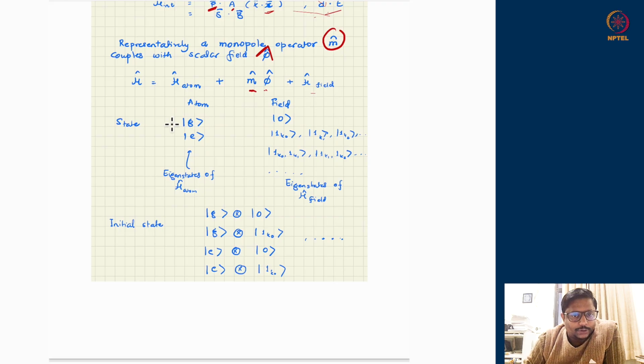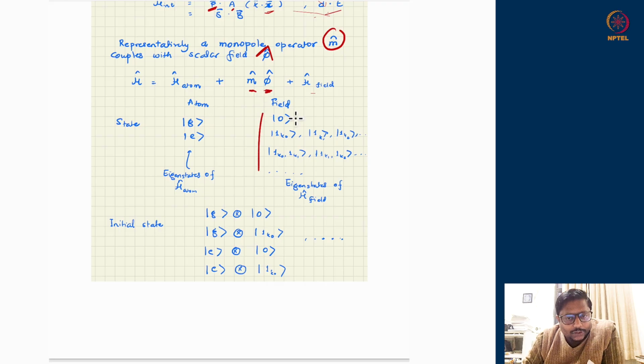Typically, hydrogen atoms or any other realistic atom will have many lines. But just for consideration, as of now, I'm just considering two. There is nothing which stops me from having more states. But just for simplification and to see the exercises with clarity, I'm hypothesizing only there are two interesting states which I'm concerned about in the atomic sector. The field sector, I have simplified myself by going to the scalar field. I'm not going to do anything about the states of a scalar field. I will take the full spectrum of the scalar field.